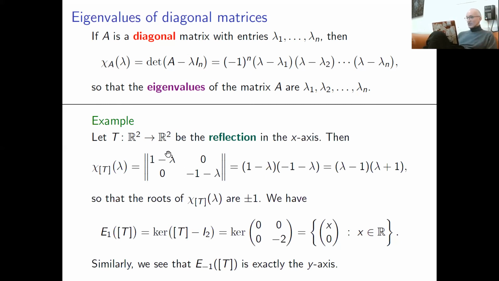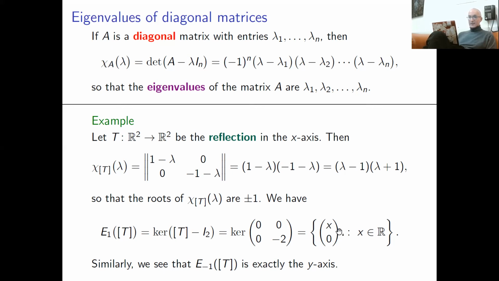So the characteristic polynomial is this, and you can find eigenvectors more or less by definition. If you want to find all possible eigenvectors with eigenvalue 1, you have to find the eigenspace of this matrix. How to do this? You just have to consider the kernel of this matrix. You just multiply this matrix by (x, y), make it equal to 0, and you get that y has to be 0. So this one eigenspace is just these vectors.